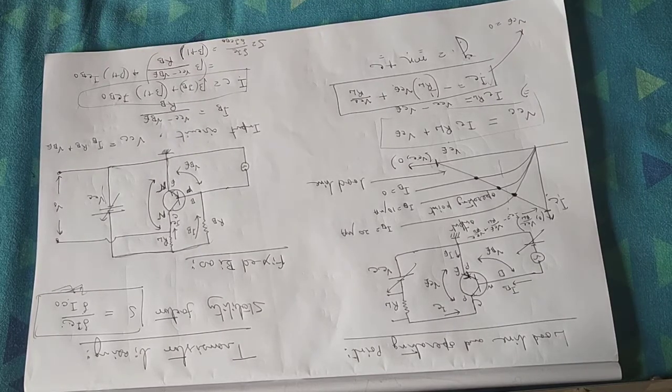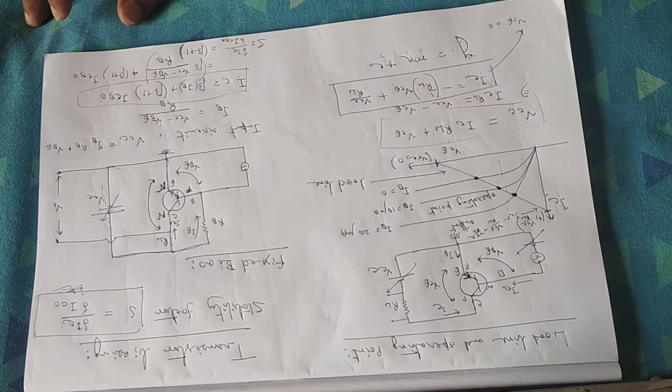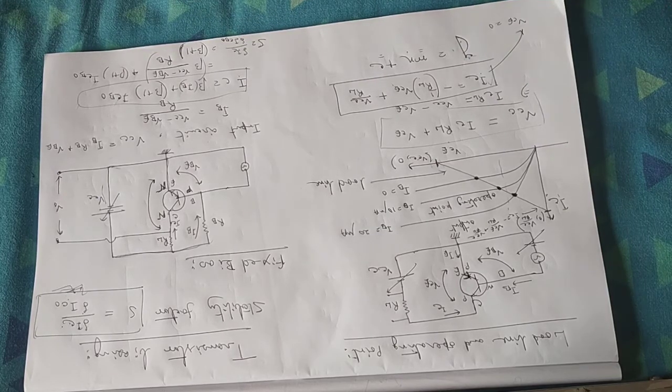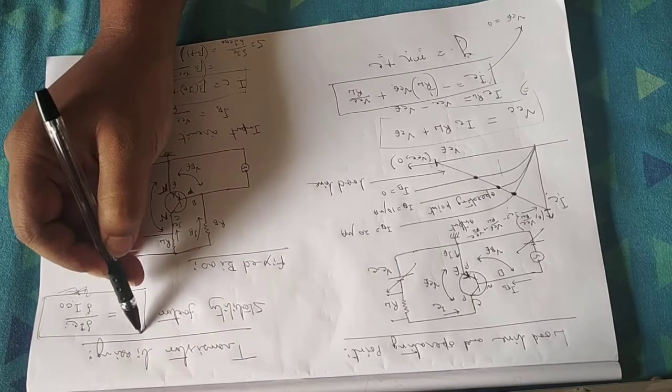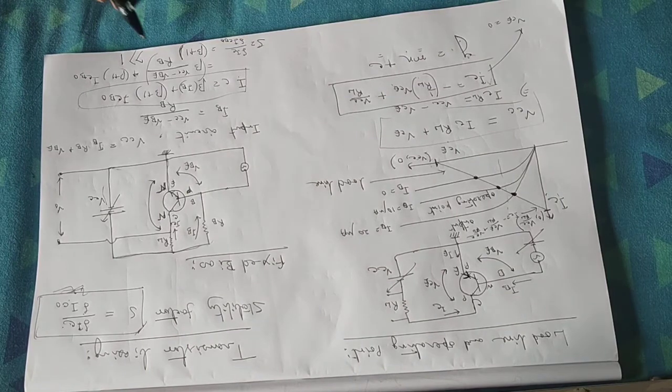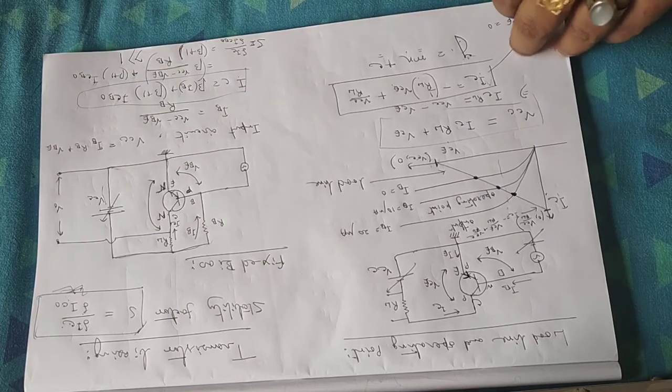The value of beta is always very high for a transistor. It varies from 100 to 200 or 500, depending upon the nature of the transistor, whether it is PNP or NPN, or what type of transistor, because of what purpose the transistor is manufactured. So the value of the stability factor is always greater than 1 here. But we know the lower the stability factor, the better the circuit configuration. As here we are calculating a value of stability factor much greater than 1, this is not a very good type of biasing.